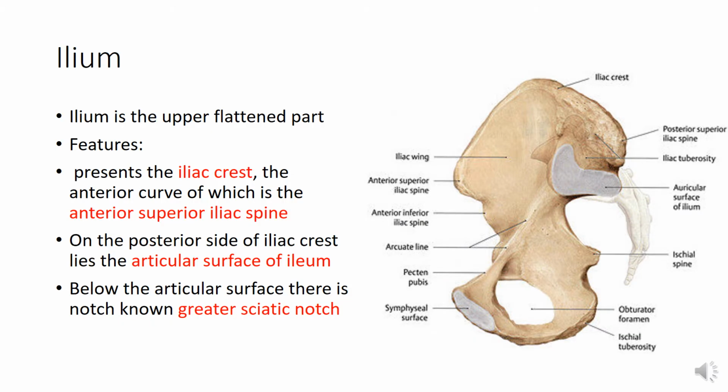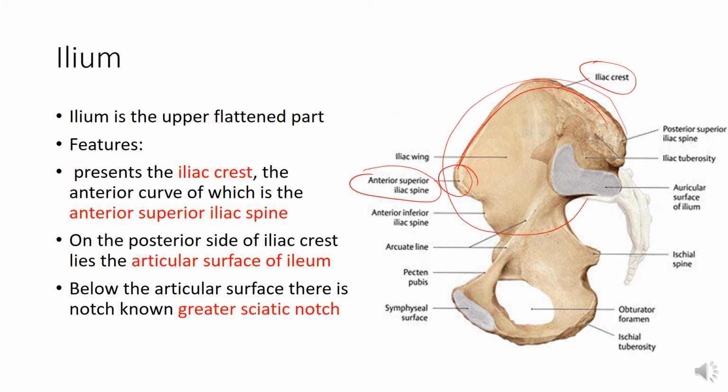Ilium is the upper flattened part of the hip bone. You can see this is the ilium, the upper flattened part of the hip bone, and it presents the iliac crest in its upper part. It is a thick, rounded curved border which is known as the iliac crest. The anterior end of it is the prominent part in the lower abdomen, which is known as the anterior superior iliac spine. You can feel your anterior superior iliac spine in the lower part of the